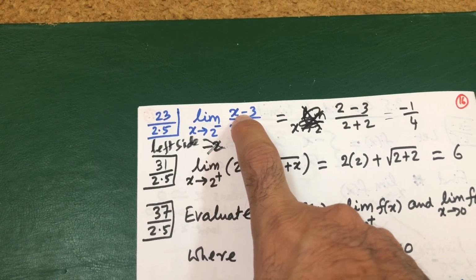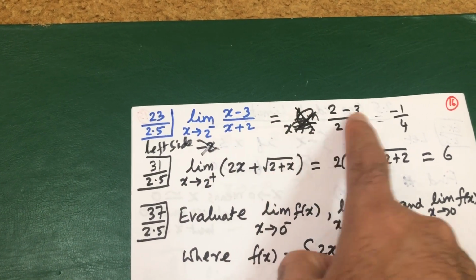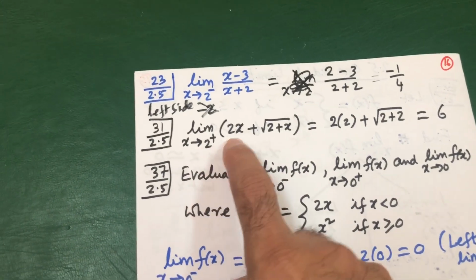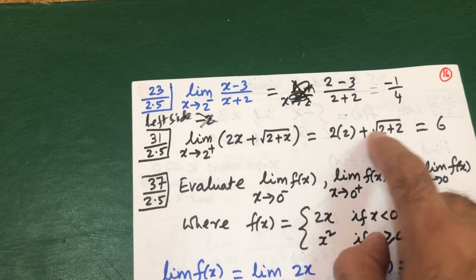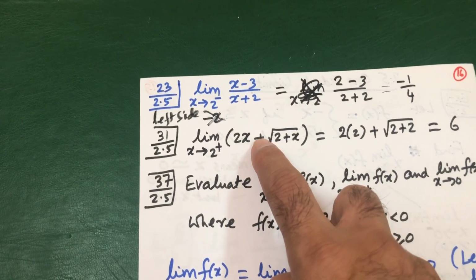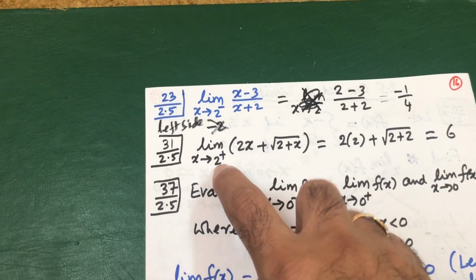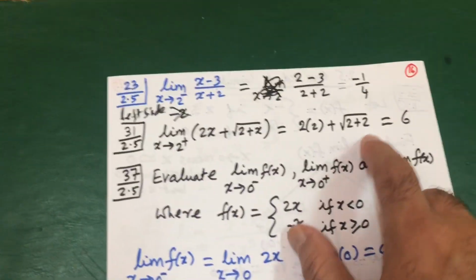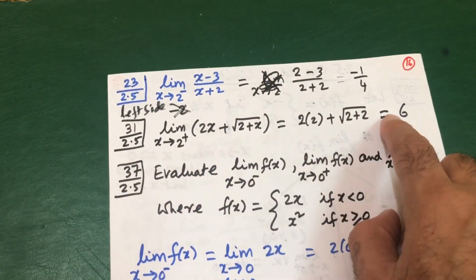So 2 minus 3 over 2 plus 2. When you are putting the limit, don't write the limit symbol, please. So you get minus 1. Again 2 plus. 2 plus means what? x greater than 2. Because there is no denominator here, simply put x equal to 2. What is this 2 plus? x is greater than 2, that's all. x is equal to 2 only, but it should be more than 2, that is 2.01, 2.11, 2.13, 3, 4, 5. x is on the right side. So as long as there is no denominator, simply don't worry, put x equal to 2, you get 6.